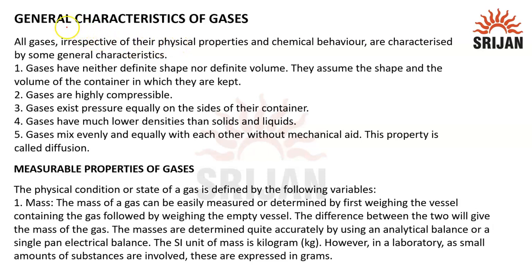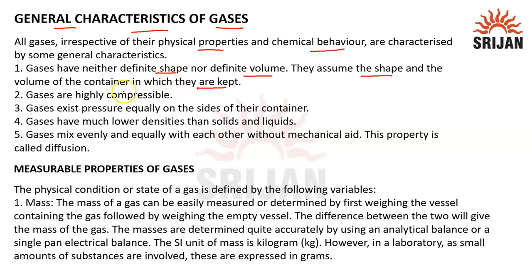In this video, we will learn about the general characteristics of gases. All gases, irrespective of their physical properties or chemical behavior, are characterized by some general characteristics. The first is that gases have neither definite shape nor definite volume. They assume the shape and volume of the container in which they are kept, meaning they do not have any fixed shape or fixed volume, because the particles are far away from each other and randomly moving